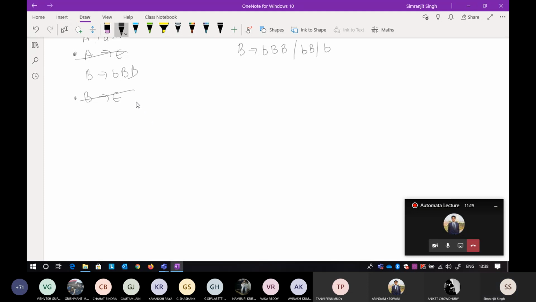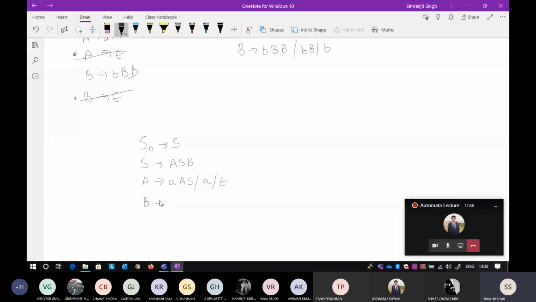This was the question. Okay, so this is the question. Now S tends to S, this is just the start symbol, and S also tends to ASB. Now A tends to AAS, and then there is a, and then there is epsilon. Okay, so now in this case there is epsilon.